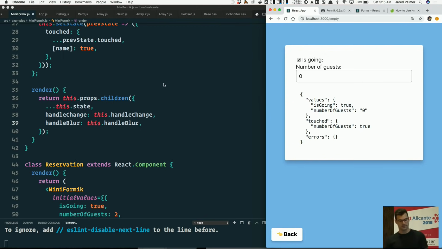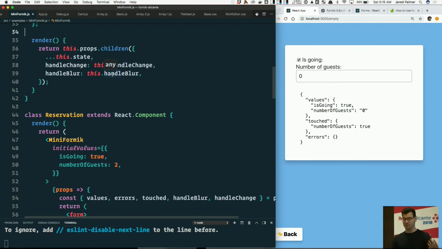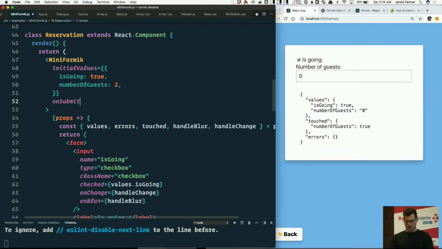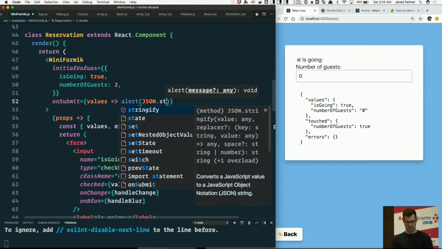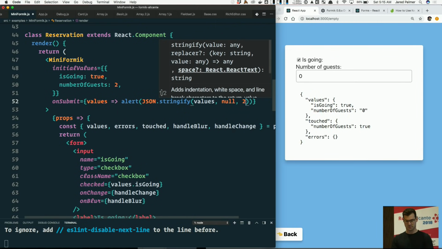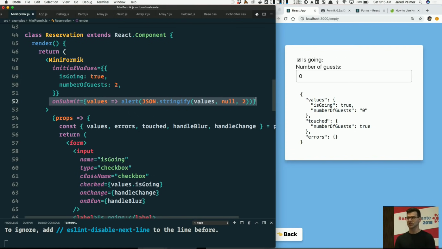So you can see we can keep going. We could do something like onSubmit, and that would fire off something like values. And let's do, I don't know, alert, stringify values. So now I can grab my submission function, I can co-locate it. So that was another thing. With Redux, sometimes you may be firing your form submissions from a completely different part of your application. And to me, while it can be useful, it can also lead to a lot of indirection. So with Formik, the idea is to co-locate all this stuff. So onSubmit,